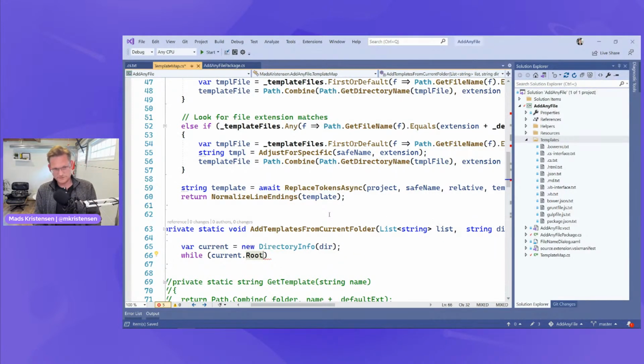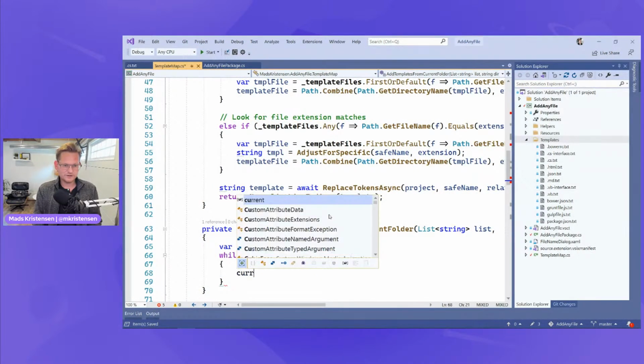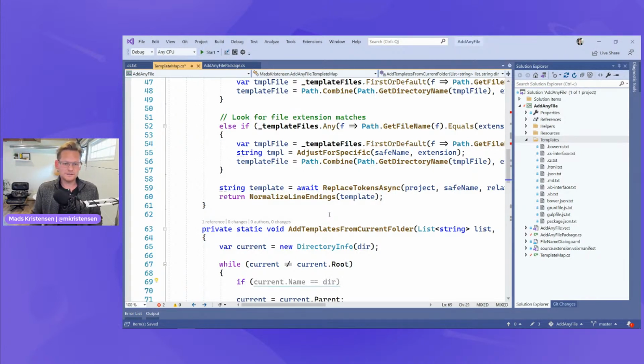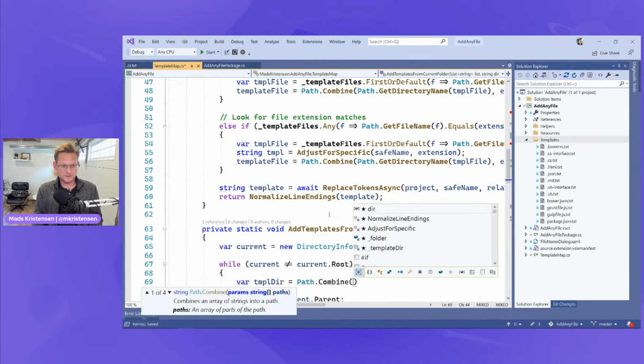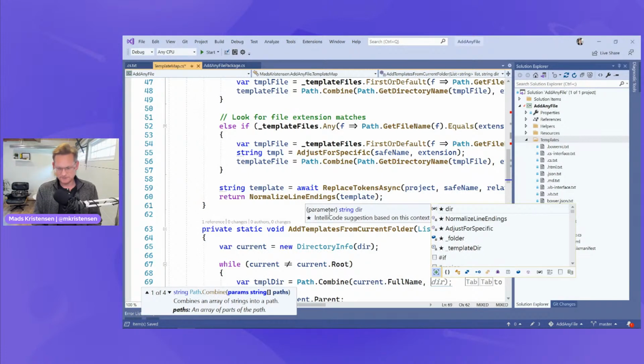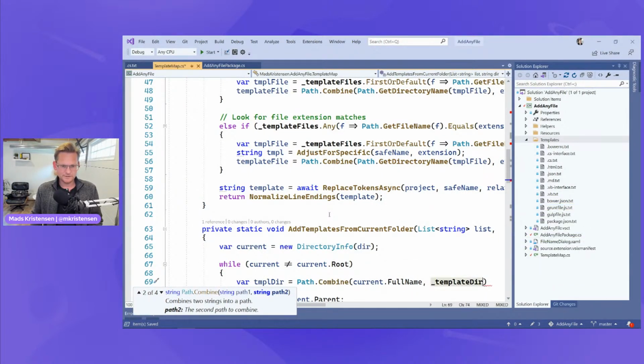Yeah, so if current is different from current.root, then we can say current equals current.parent. There we go. And we can also say, now we need to make a folder. So we're going to do a template folder. So var template here equals path combine current dot full name, and I'm going to add, what do we call it? Template directory. So if this exists, if